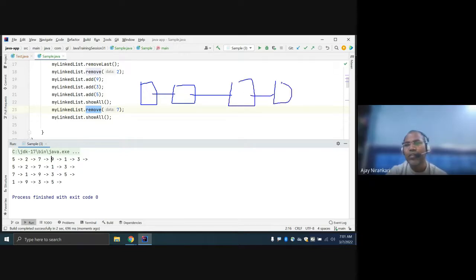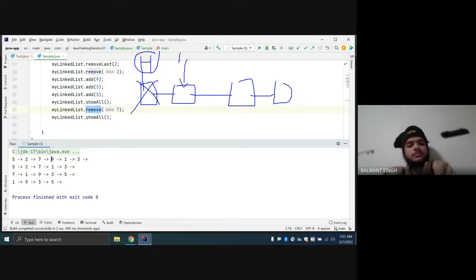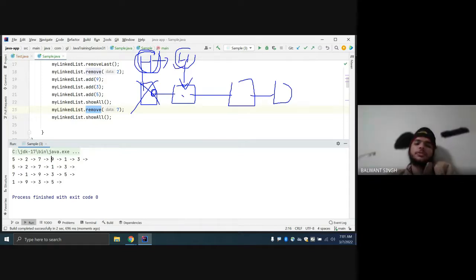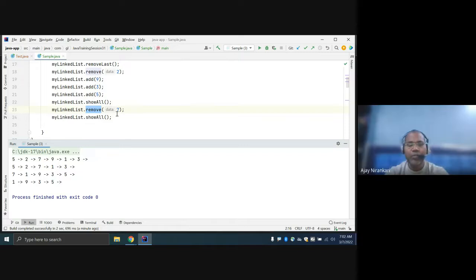Again, let's look. This is your linked list. Always this is the point, your head. I want to remove this. That means I want our head to be this. So whatever the head, just assign it to head.next. This is head.next. So now this is the new head. Head just moves to the next. So this is not removed, just your head is pointing to the next node.